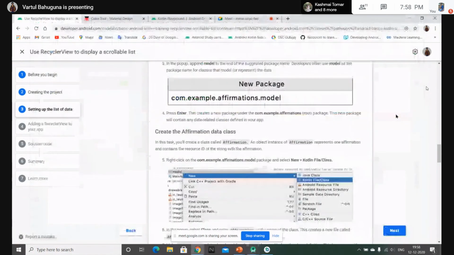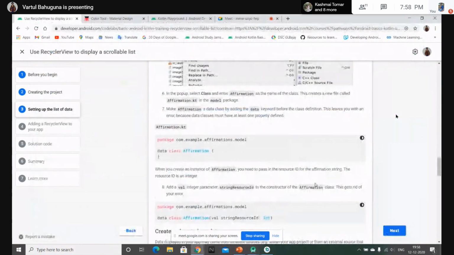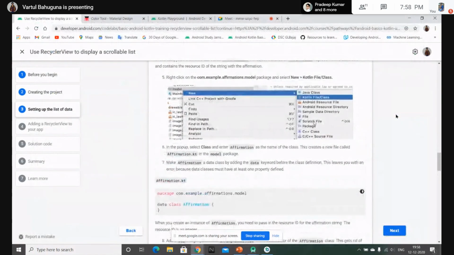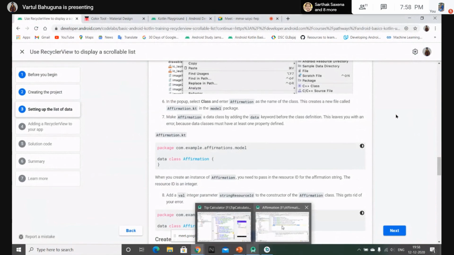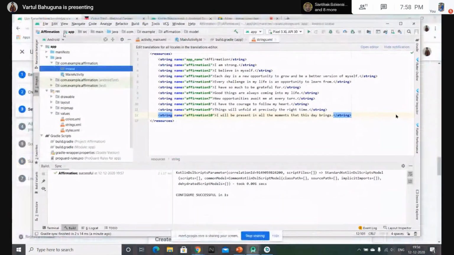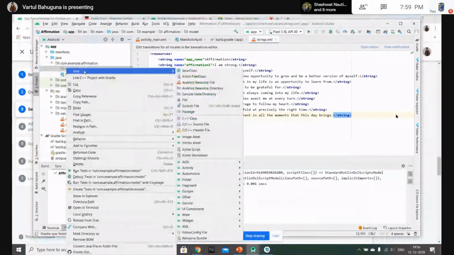You can name it anything that you want. And in that model package, we are creating a Kotlin file for this data class, a Kotlin file or Kotlin class. Click new Kotlin file or class.